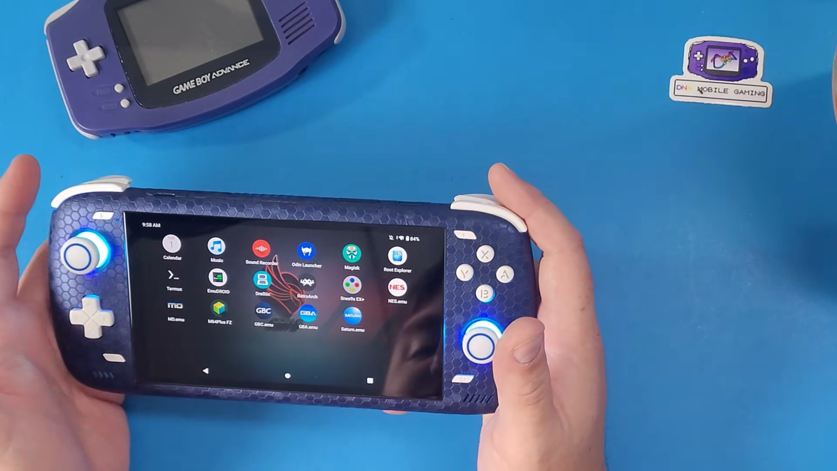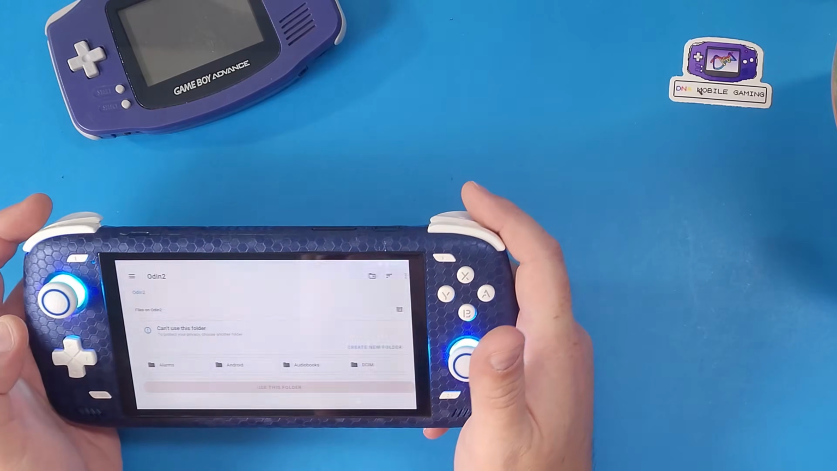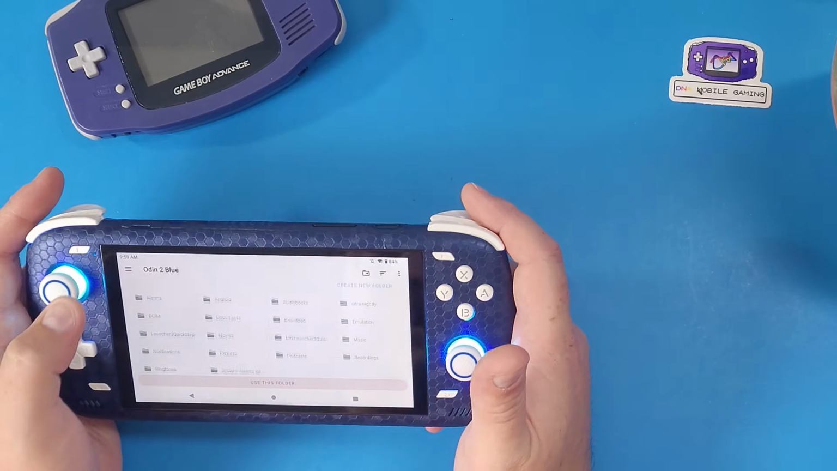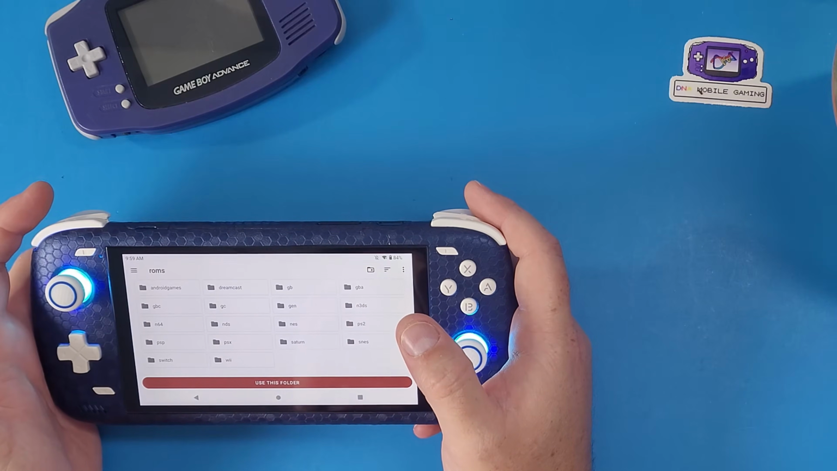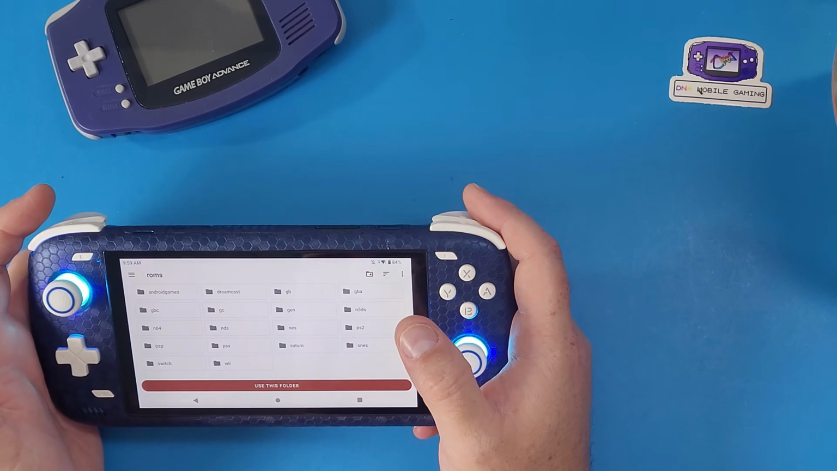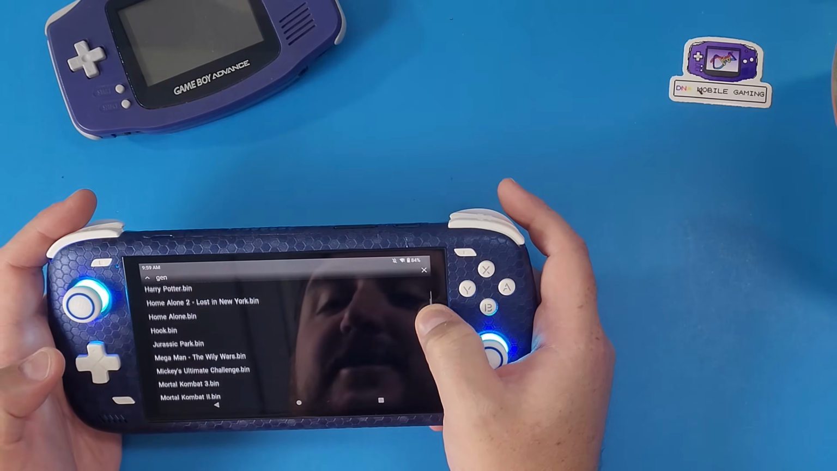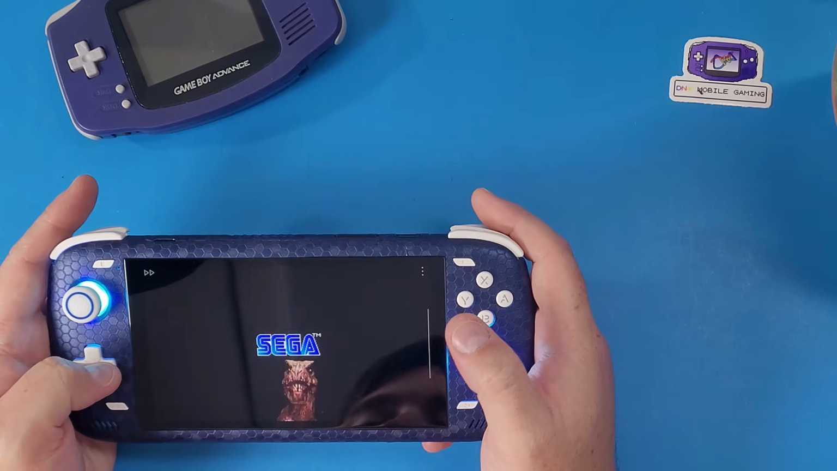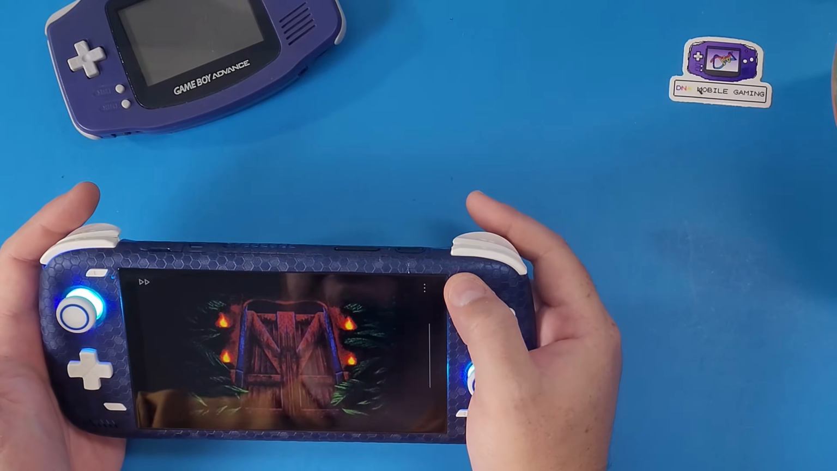But again, standalone emulators are just as easy as just going like this: open content, select file path, browse for a folder, then go to your emulation, go to your ROMs, and then look for, if you have any Mega Drive games on here. Do I? Right here. Use this folder, click allow, and now I can just jump into some Jurassic Park and start playing it. And again, of course, you can just change certain settings and buttons and stuff like that with this,